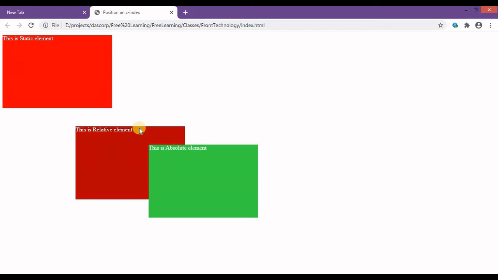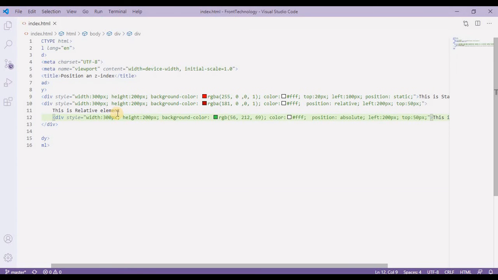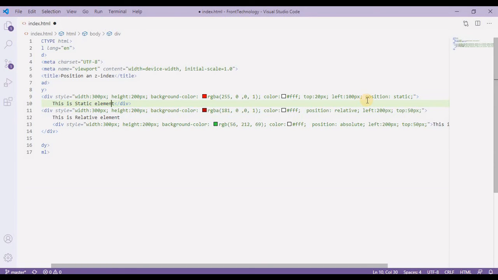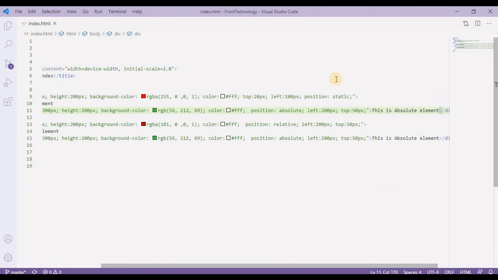Now also let's check this same kind of scenario with static element. So this time I'll copy this line of code and I'll include this inside this element, and I'll change the background color. Something like sky.